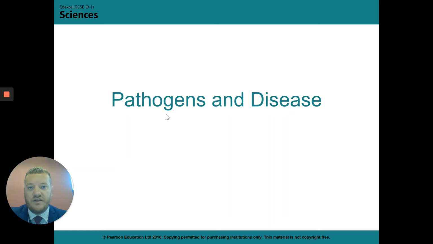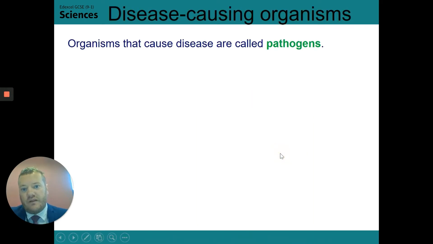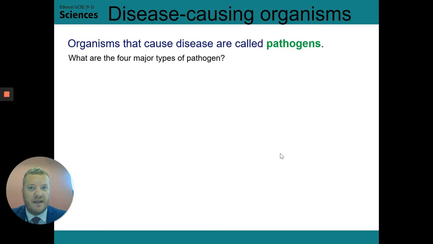Talk about pathogens and disease just to keep our biology theme going along. So, first of all, just a bit of a recap. The little microorganisms that cause disease are called pathogens. So anything that can get in somewhere it shouldn't be and cause you harm is known as a pathogen. And we tend to group them into 4 main types.